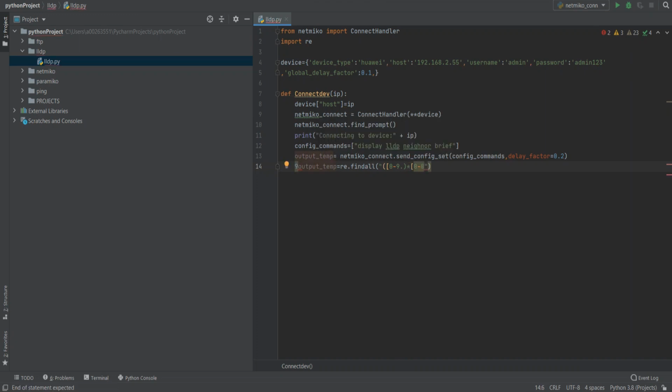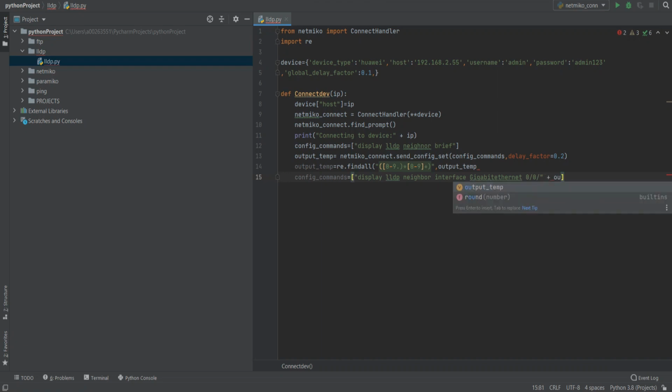So I will use the re.findall method, and 0 to 9 dot star 0 to 9 means find only digits and show me. And after getting the IP information, I have to get